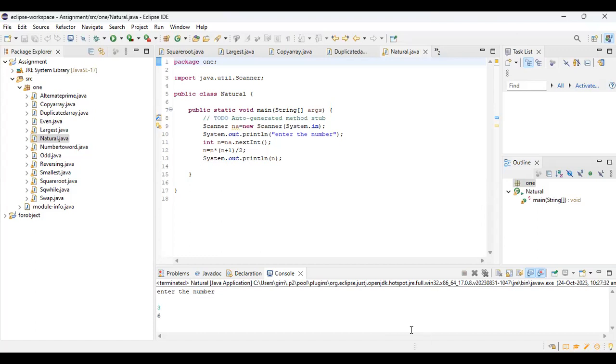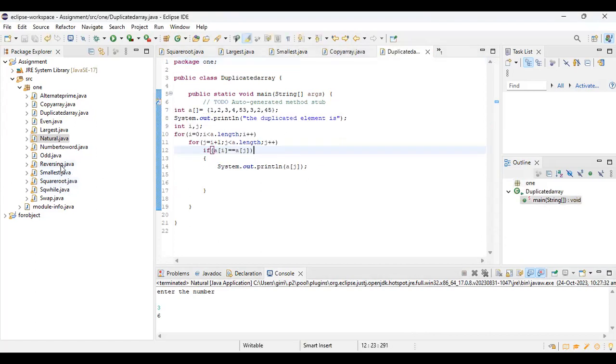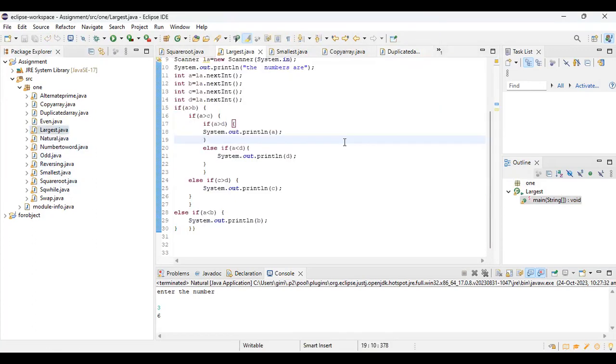So this is the output for the natural numbers. And then the largest and smallest numbers. For largest numbers, I have taken 4 values and compared each value with the remaining 3 values. So for example,